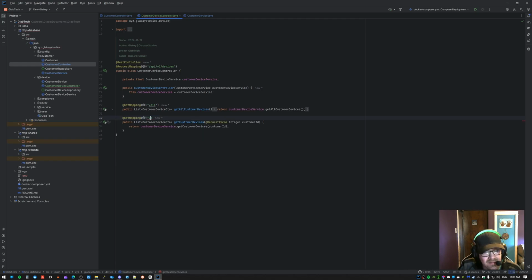I don't think I need this. This is just a straight up get mapping, whereas this one is going to take an @All to fetch all devices. This one is going to be not all devices. This one here is going to be taking in, allowing